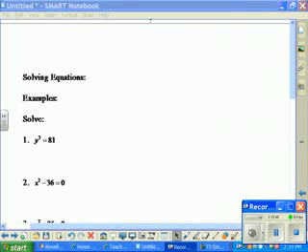Okay, so the homework for tonight is page 625, 1 through 3, 7 through 9, 10 through